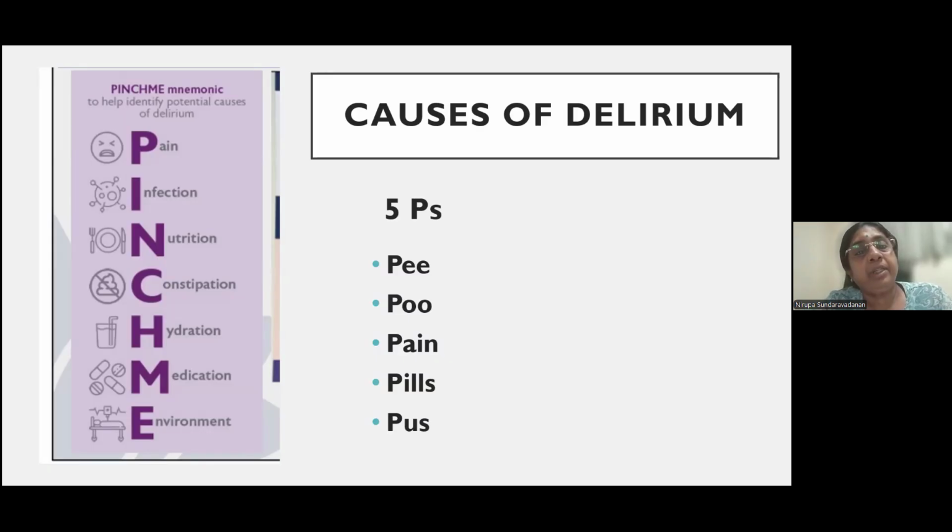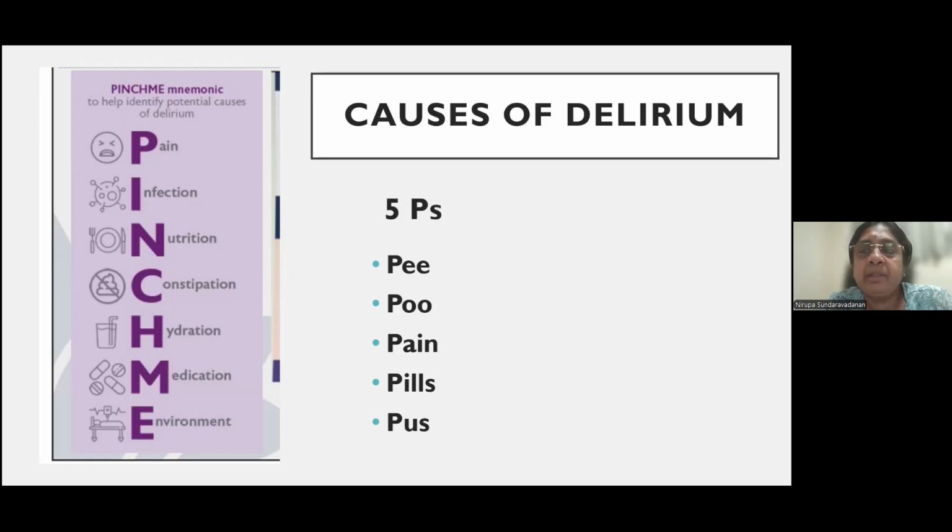And sometimes delirium is the only thing that will tip you off to the possibility of a UTI or a chest infection. Changes in nutrition: not eating well, a person in hospital with less food, not drinking water, that could cause delirium. Constipation is a very common problem on our wards. It could be drug induced, or because they're not drinking enough water. Hydration. And then medication, starting with opioids, haloperidol. So many of our medications can cause delirium. And E for